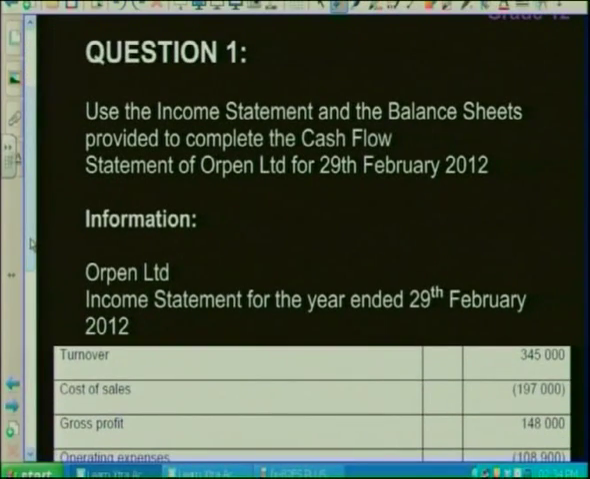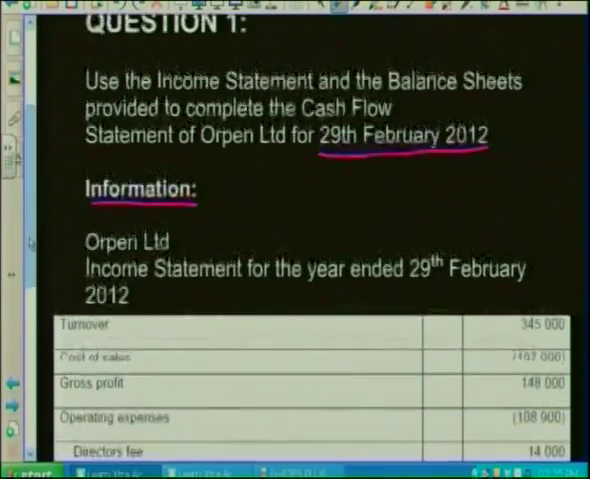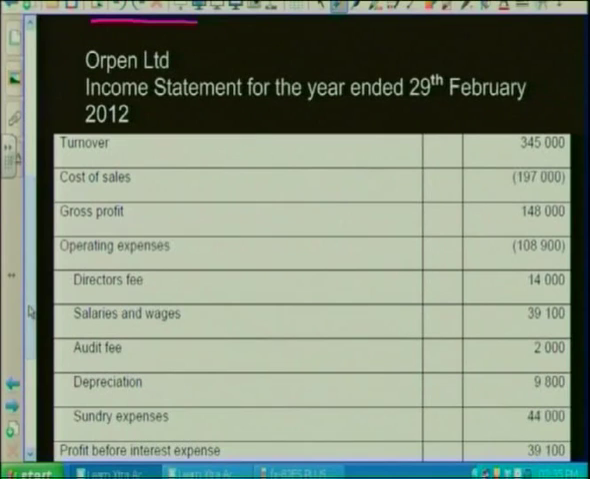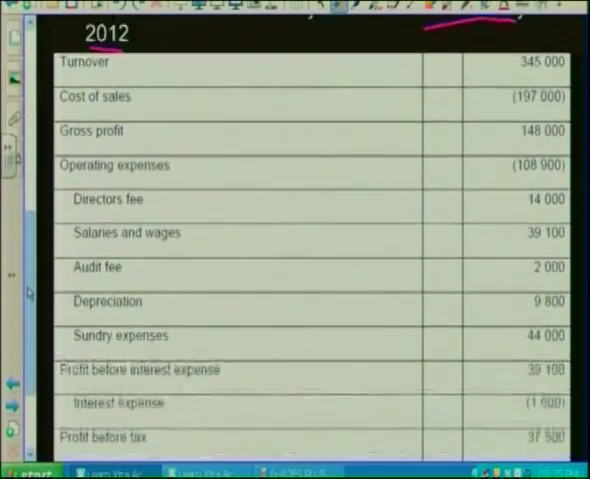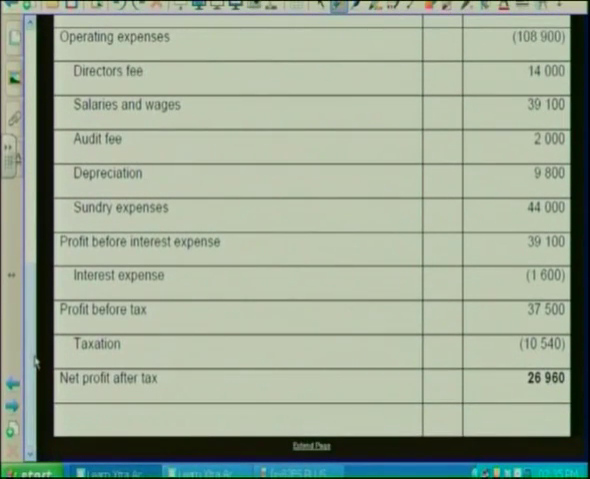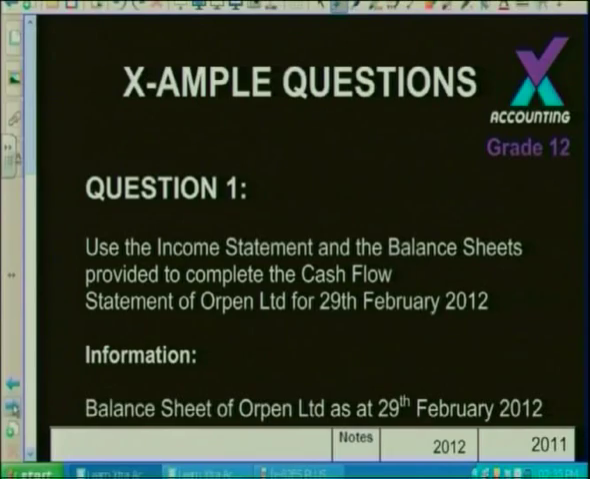We've been given the following. Use the income statement and the balance sheets provided to complete the cash flow statement of Open Limited for the 29th of Feb 2012. The information that they've provided us with: income statement for the year ended 29th of Feb 2012. Okay, so if we move down, we've got our income statement, and then we have